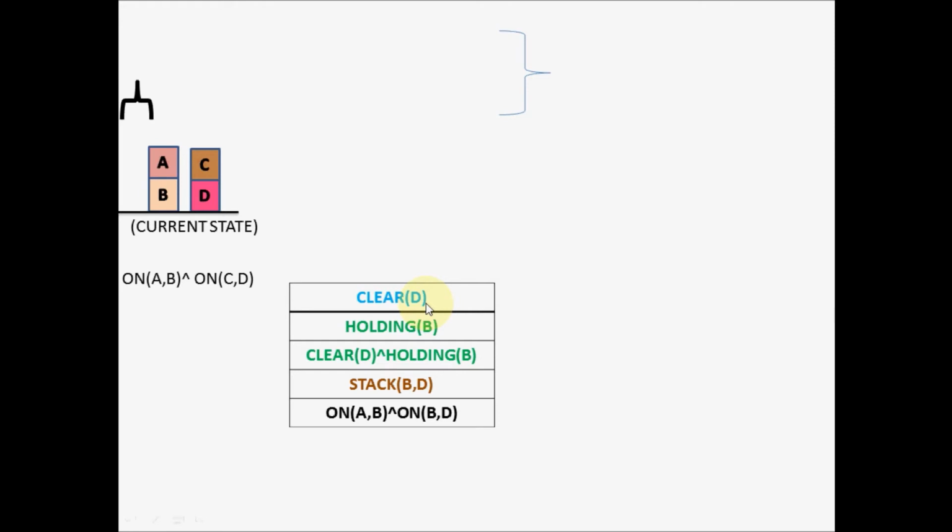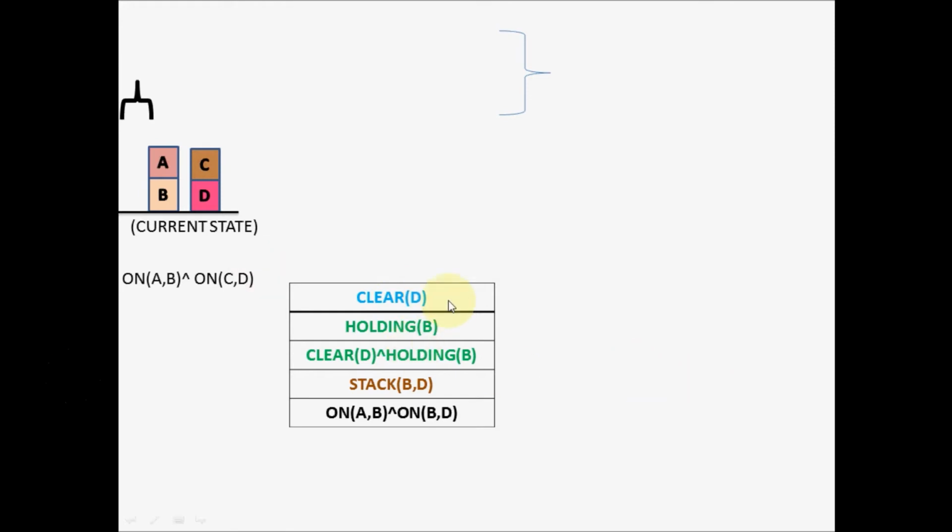Is it an action or is it a predicate? It's a predicate. So now check with respect to the current state to find out whether this particular predicate is true with respect to the current state. Is D clear with respect to the current state? No, C is residing on D. So since this is not true, again we have to go back to the set of operators or actions